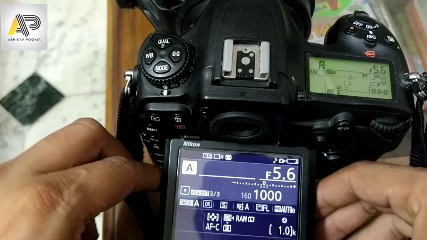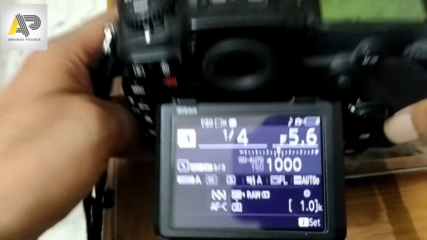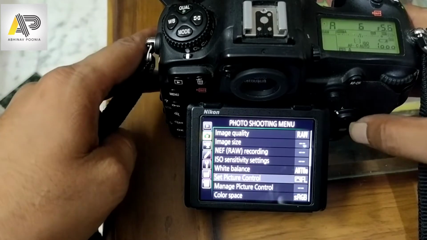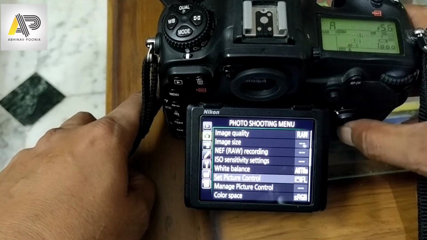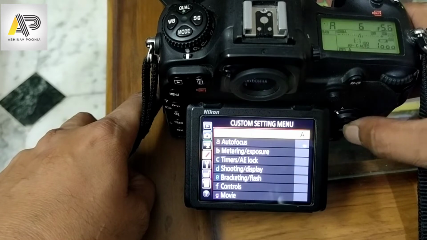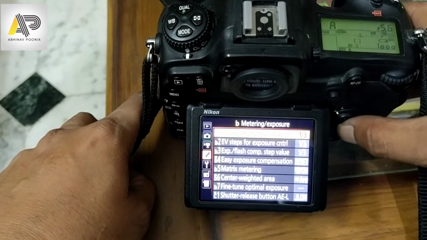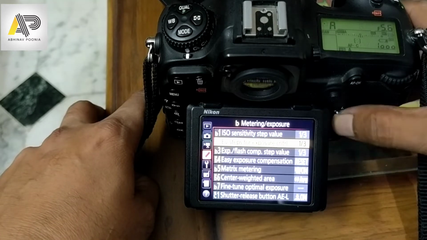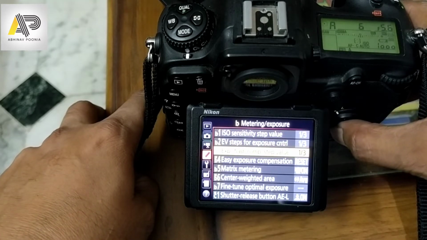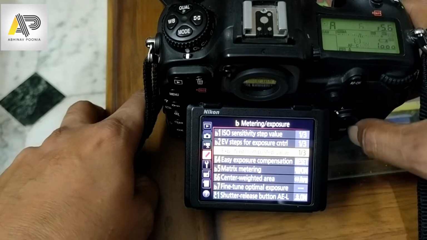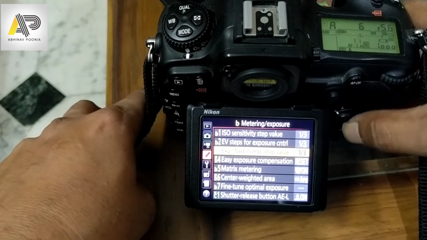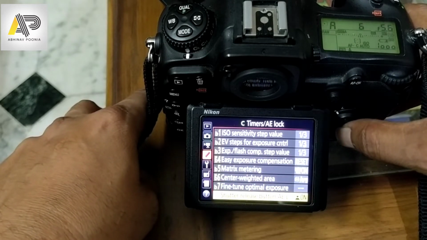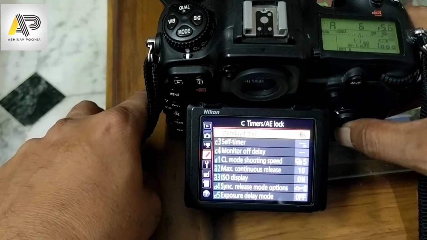So this was the hardware part of what we did. Now let's come to the internal part, the changes we have made in the camera itself. Coming to this menu, going to metering and exposure. In the custom metering and exposure section, you have to select 1/3, 1/3 and 1/3: ISO, EV step control value, exposure compensation. We are not using any flash, so that's why 1/3 again, right? Then for these two or three buttons, shutter release and AE lock, this needs to be on.